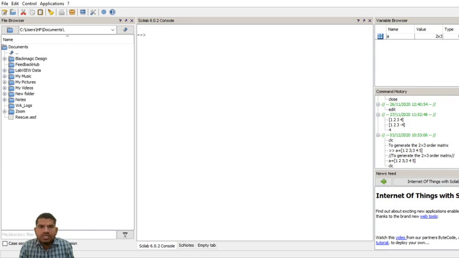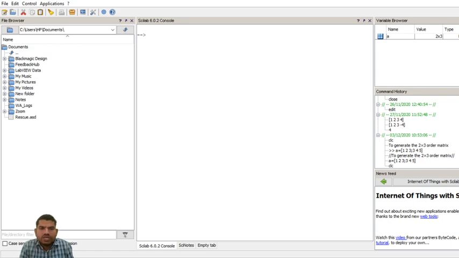In this display there are four windows: the first is the console window, the second is the variable browser, the third is the command history, and the last one is the directory window. These are the windows we will get.